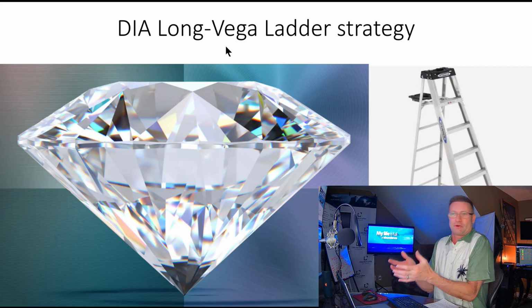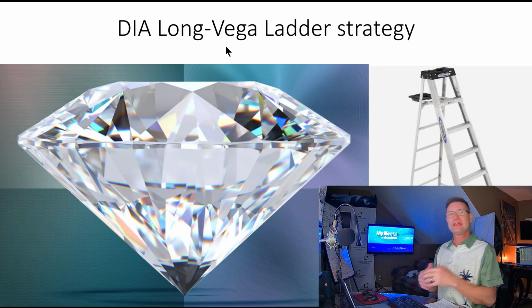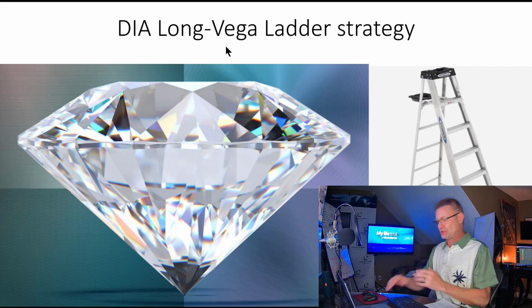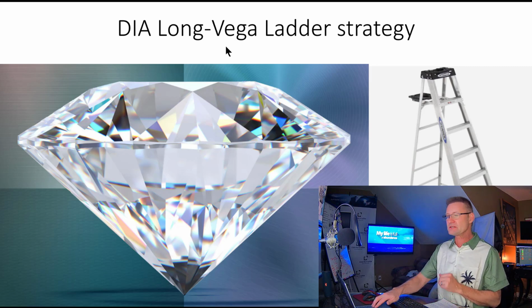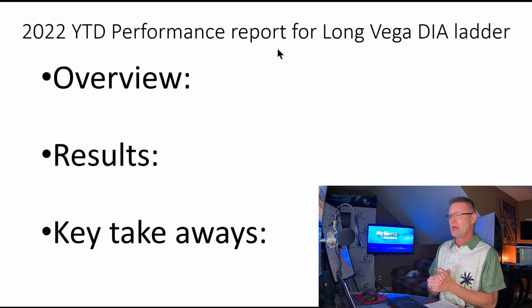I wish I had a better graphic for us, but this is what we're working with here: the diamonds ladder trade with a long Vega portion attached to it. As is always the case with our trading strategies and the trades that we put up, I want to go over our performance for 2022 and give an overview, first of all, of what the trade is, how the trade works, give you a link to a little bit of a training video if it's not something that you're familiar with, and then obviously go over the results for the year,